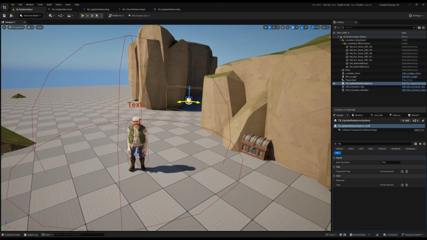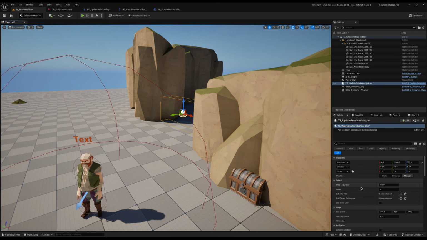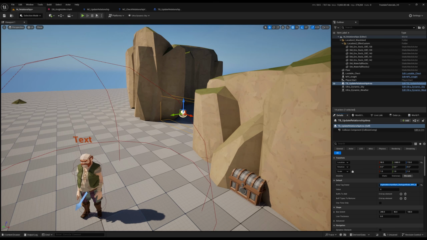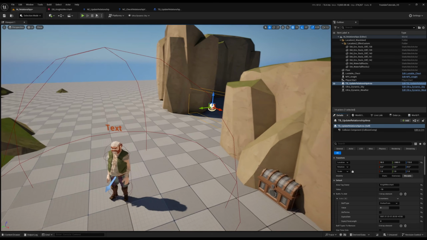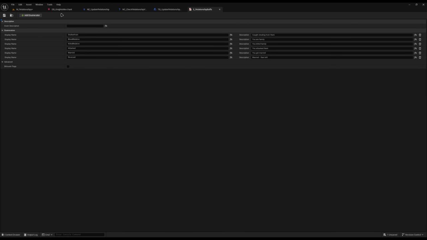And then if we select the trigger box, we can now come and populate its values here. So you see the area tag owner is going to be our knight's merchant here. So I'll just come and get his name and I'll add it here. If we go inside, it's going to be -10 because he's realised, hey, I told you not to go in there. But we'll also make him give us a buff. And you can see we haven't actually got a buff to handle this, but that's okay because we made it really easy to add. If I come to my enums folder and inside my relationships we can come in,